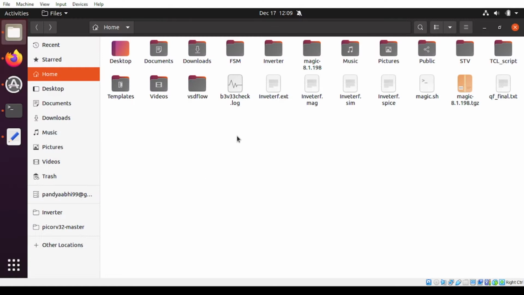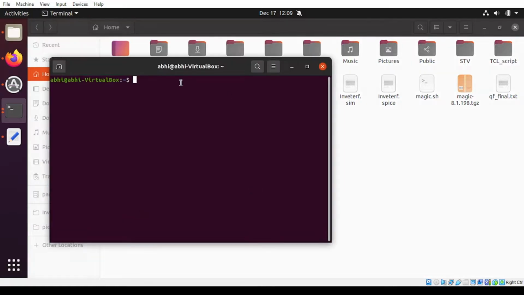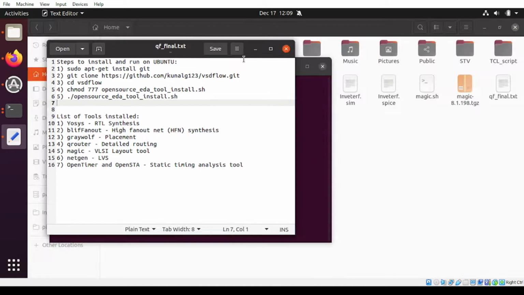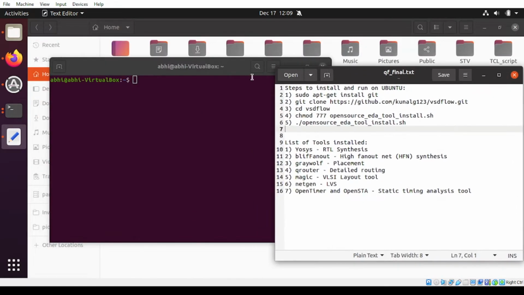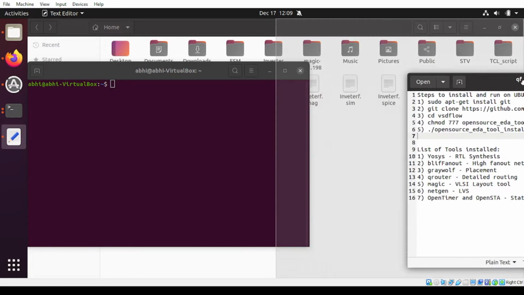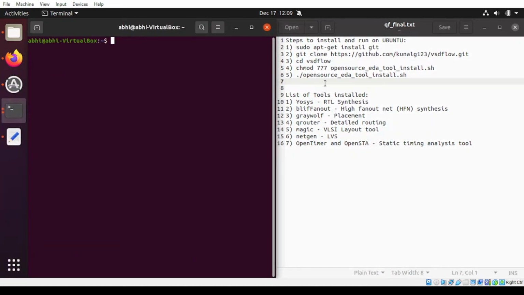This is my Ubuntu system, and we are going to download this in 5 steps as I mentioned. So basically, just open terminal here. After opening the terminal, you have to write commands, and the commands are mentioned here. Okay, so these are the commands you have to write. Okay? 5 commands, and they will install everything. Okay, so just do this. Yep. So see this.